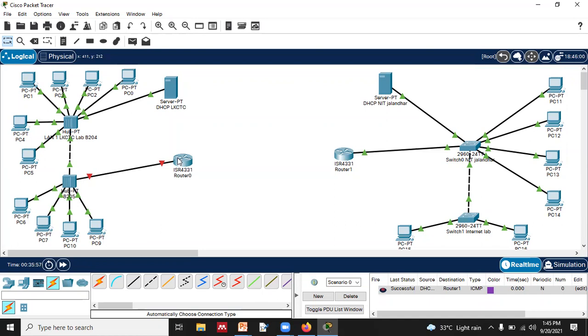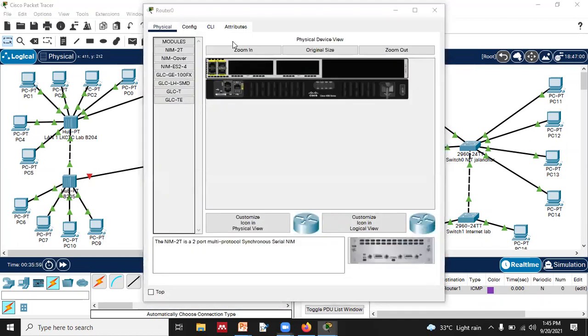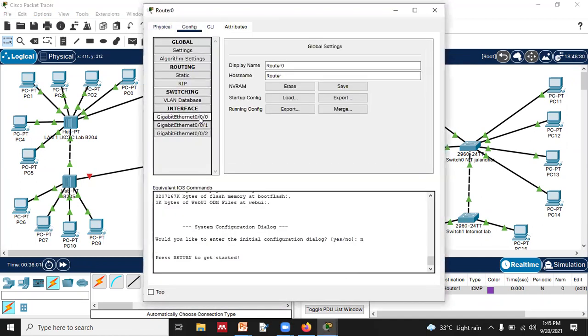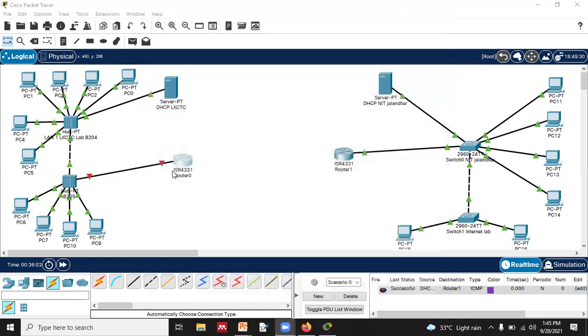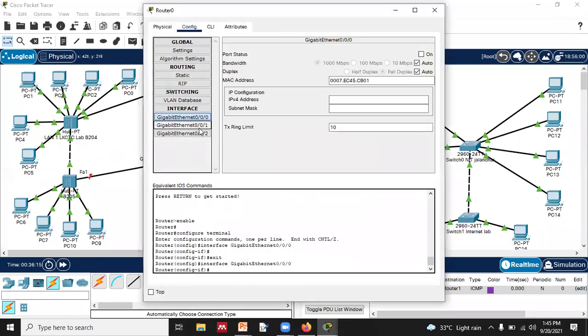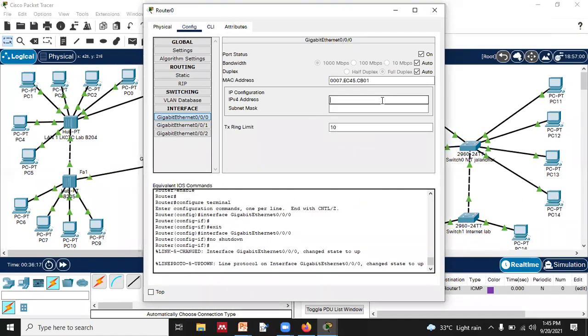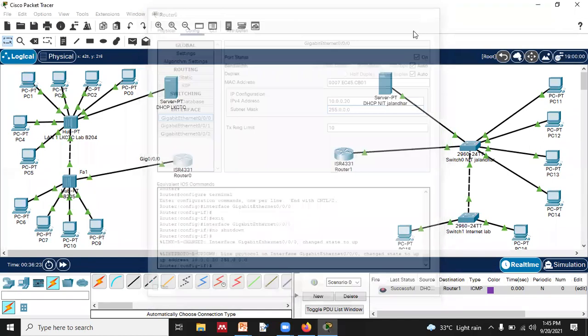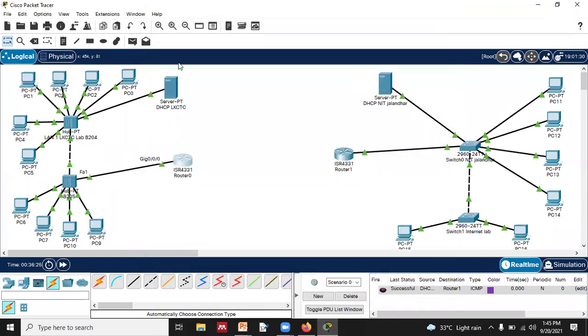In the same manner, if I go in this way to the Khalsa College router, first of all, I have to check the port, the interface. Which interface is this, right? So is it 0/0/1 or 0? Is it gigabit 0/0/0? So what I have to do, this gigabit Ethernet, turn it on, and I have to give 10.0.0.20 as a gateway address. And you can see now it is connected.